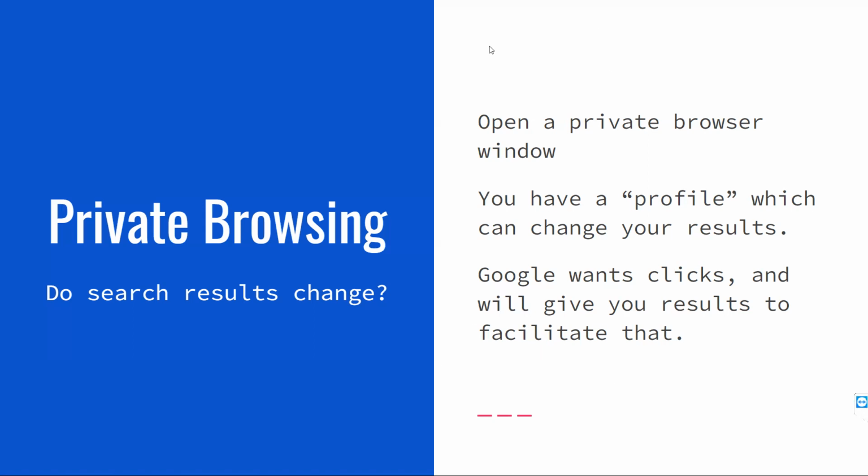We have one question in the chat of how to open a private browser window. We'll go over that in a little bit. On Windows computers, it's Control-Shift-P if you're in Firefox, but we'll show you where to go in the drop-down menu. So if we don't, just remind us, but we'll do a section where we actually go through some searches, so we can show you how to do that then.